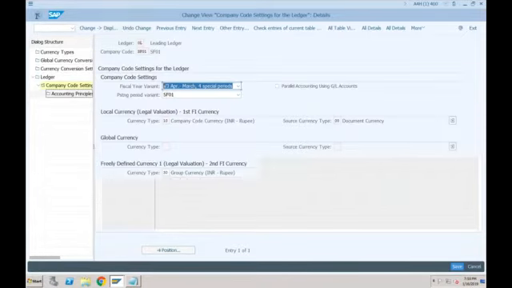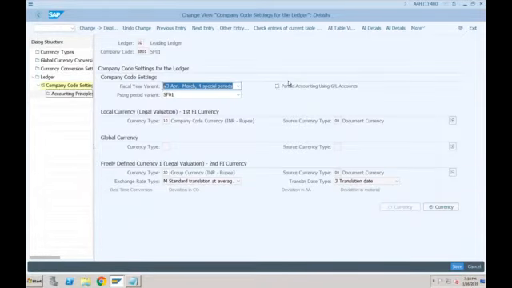Okay, that is just for the representation purpose. And the last thing that we also discussed that day is what exactly is this tick? What do you mean by parallel accounting using GL accounts? If you remember, I told you, in SAP ECC, if you have the requirement of India GAAP and IFRS, but let's say you are not using new GL accounting, in that case companies traditionally used to create different accounts.